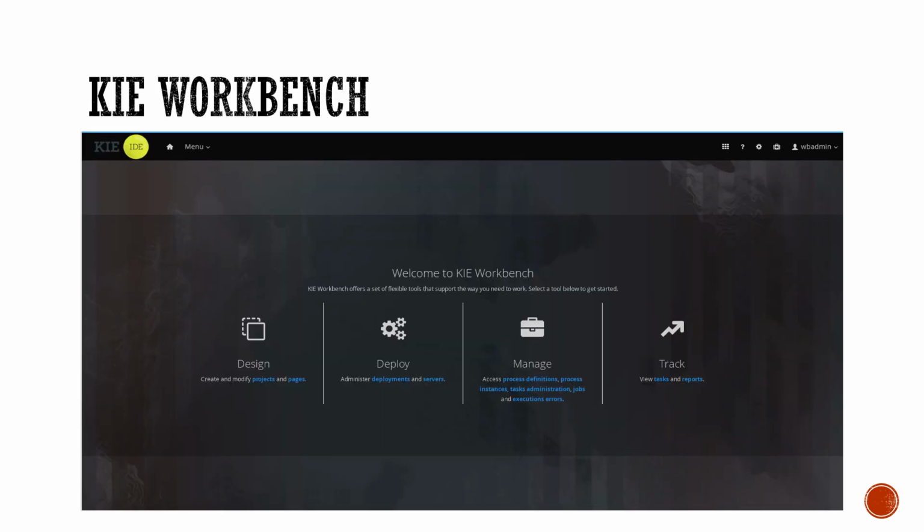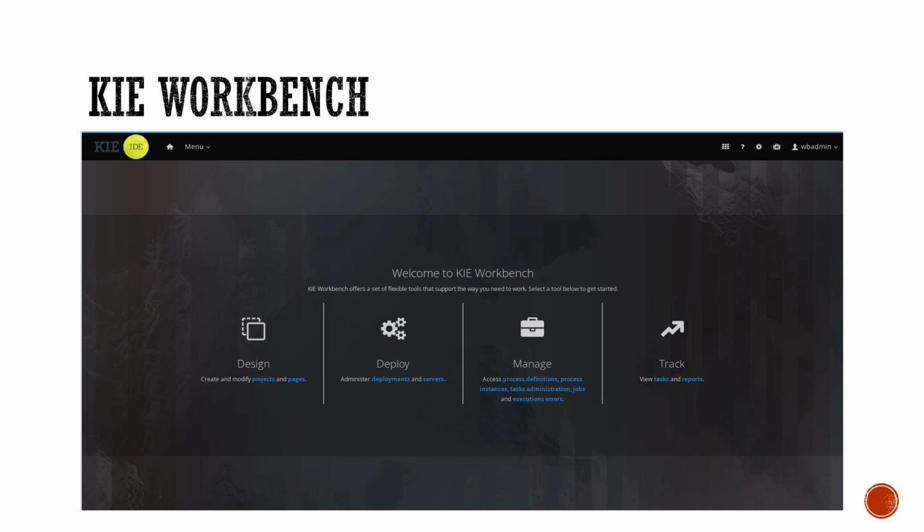So we'll go quickly through the workbench. There is the KIE workbench when you log into JBPM. There's a designer section where you can define projects, pages, and so on. There's a deploy section where you deploy the code of what you have written as a BPM project. So you can manage the process and create the process instance. This is also a design, testing and administration tool. So within the same KIE workbench, you can do all these things.